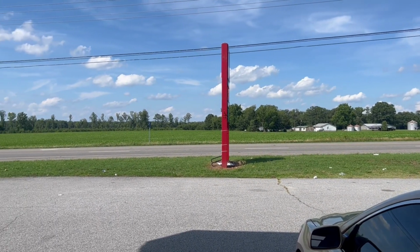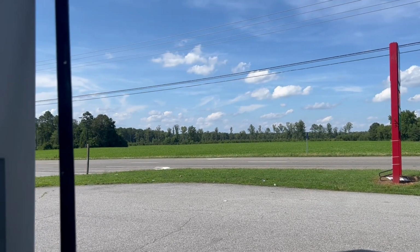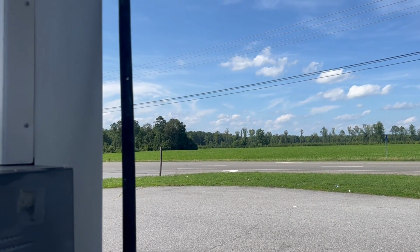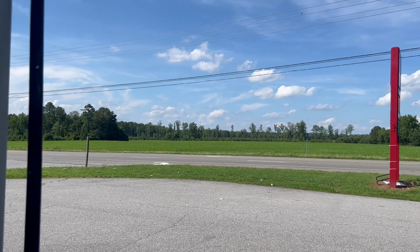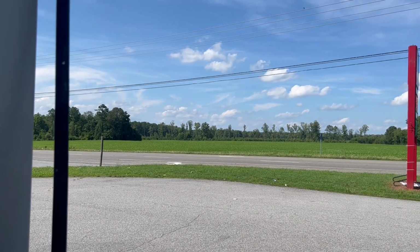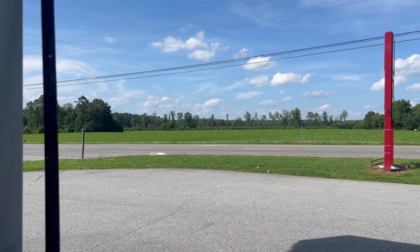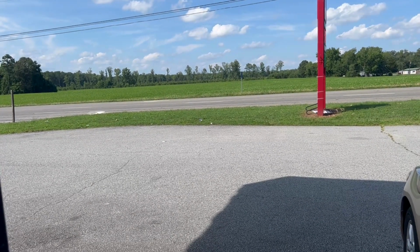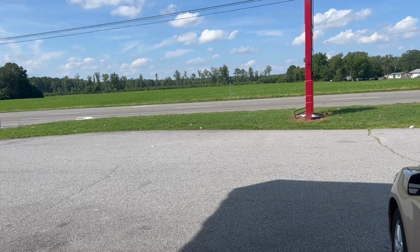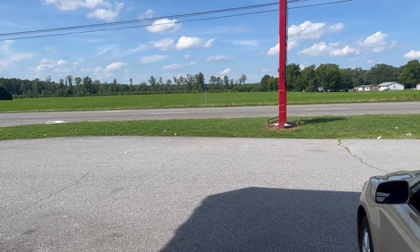Here at a gas station, we got down to about the last 5 drops in the tank, and so we are just taking a breather, stretching the legs. We've still got an hour to go. For some reason, it's only 48 miles to the campground, but still an hour. So I've got to give the campground a call and let them know that I will be there ASAP, but had to take a quick